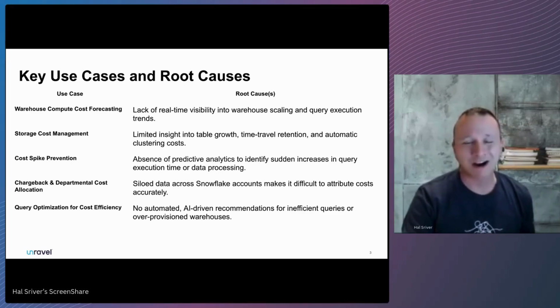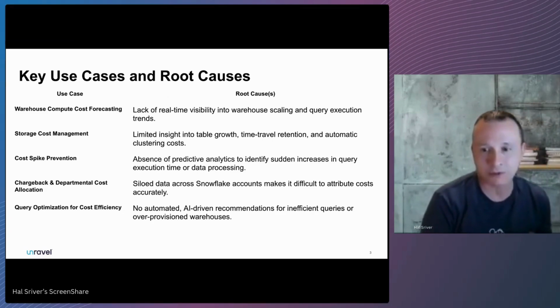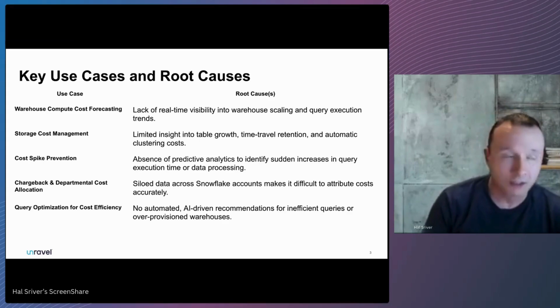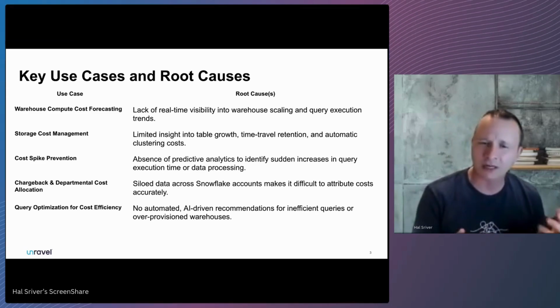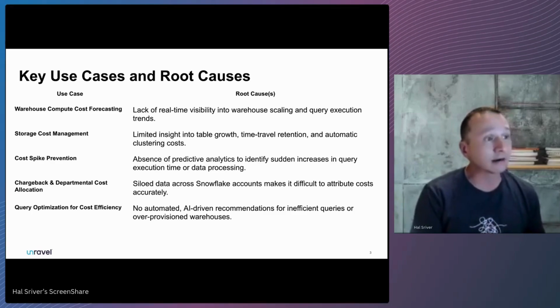So, on the slide to my right, where are some of the problematic areas that pose the most challenge around cost management? Here on the screen, we call out some of the main use cases and their associated root causes. Starting at the top, warehouse compute cost and the forecasting of that. There's really a lack of real-time visibility into the warehouse, its scaling, the query executions running on it and their trends, things along those lines. Storage cost management,